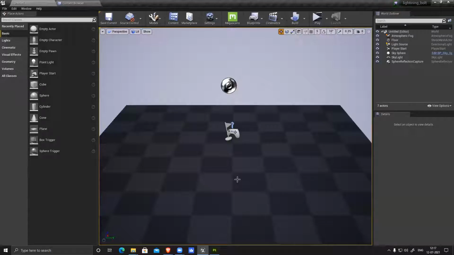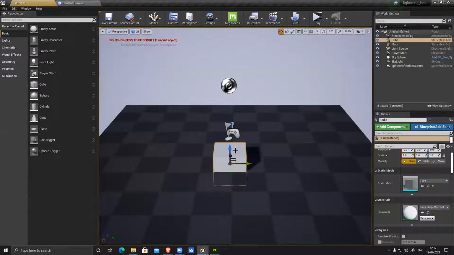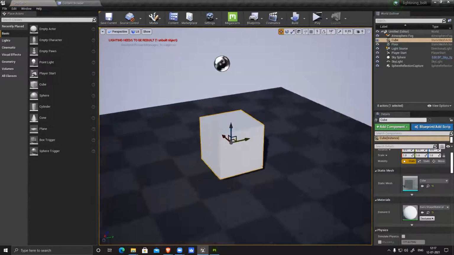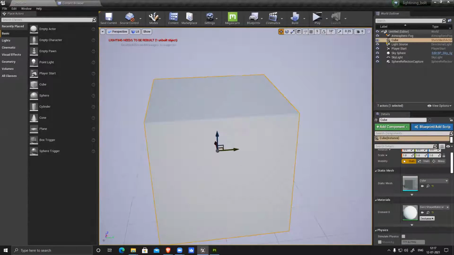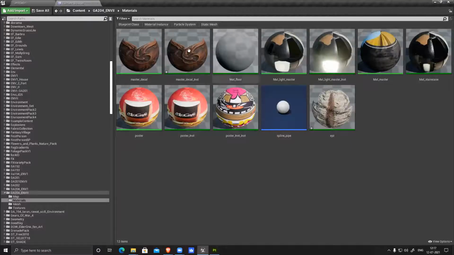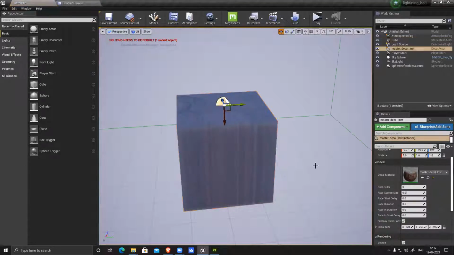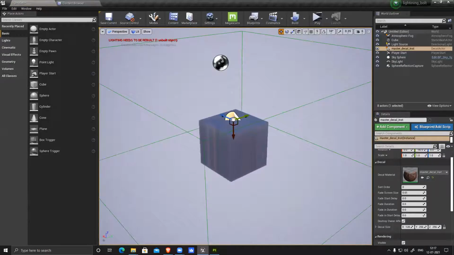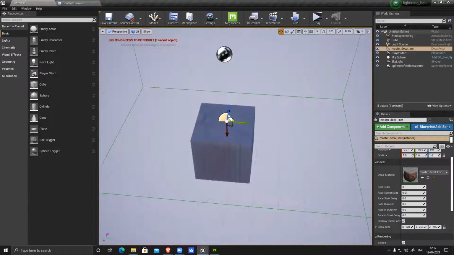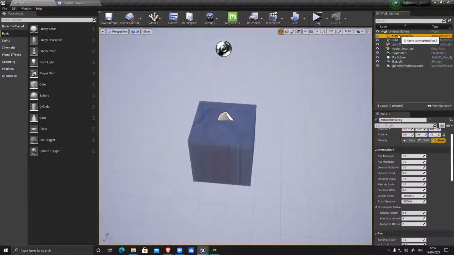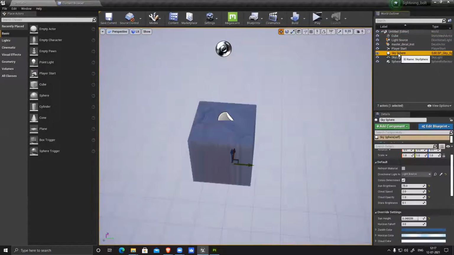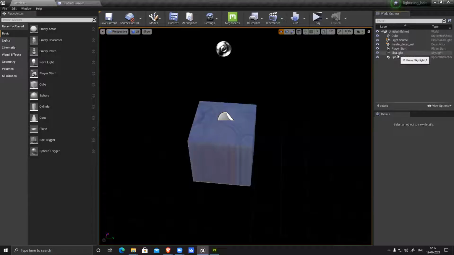So for that, you have to rotate it. See, I'll show you. Let's take a cube. Okay, so this is my cube. Forget about this one. I have a cube here, and I want to apply that decal I just created. Drag and drop it here. So you can see it's really huge, right? It doesn't look very nice and not clean also. So this fog I'll delete. Fog is not required.